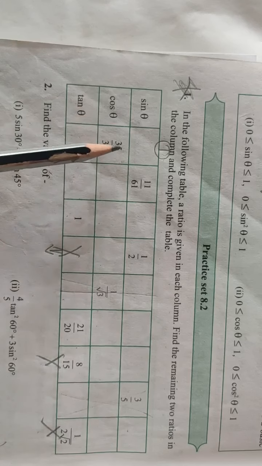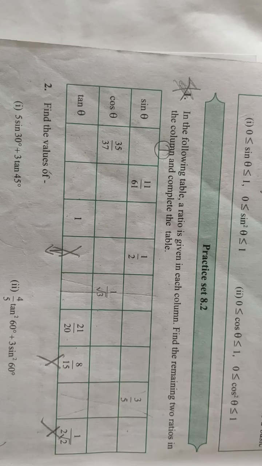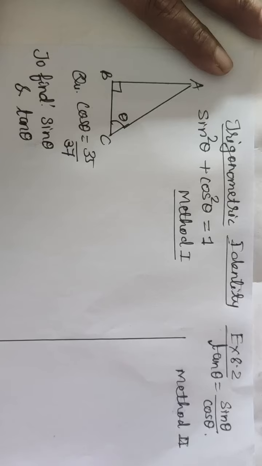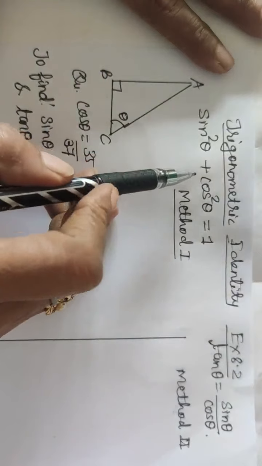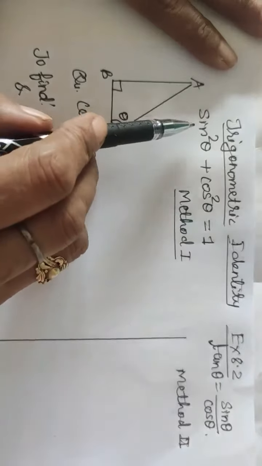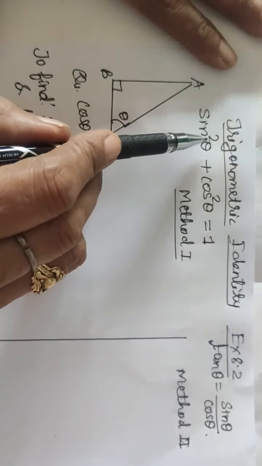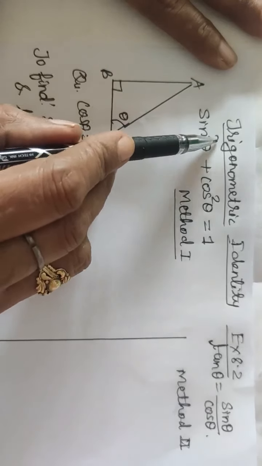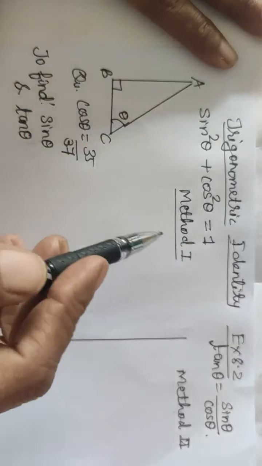So here we can write this question as number 1, cos theta is equal to 35 by 37 and to find is what? Sin theta and tan theta. So let's see that. For this you have to use one very important identity, the trigonometric identity. Now see children, method 1 and method 2, and here is the trigonometric identity. Sin square theta plus cos square theta is equal to 1. Children, for square we will not write sin theta square. You have to always write it in this way if you want to take the square of these angles. Sin square theta plus cos square theta is equal to 1. This is the way of writing square.